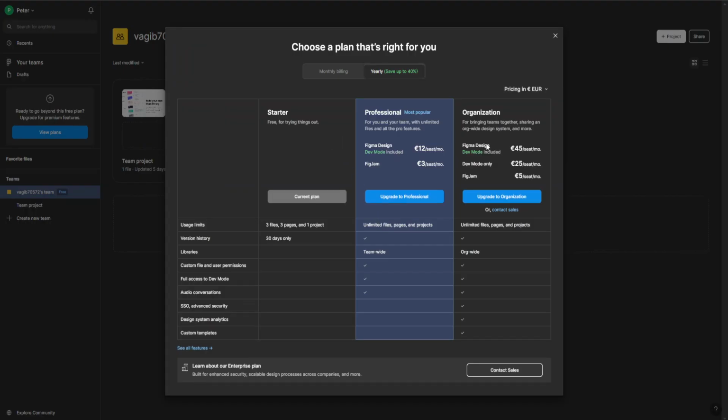And here you can see the different paid subscriptions. In this case, mine is the starter pack. It's free, as you can see, for trying things out. And here it says this is my current plan, although it's not much of a plan because I'm not paying anything in the moment because that's the free version. And as you can see, my usage limit is 3 files, 3 pages in one project, and the version history is only 30 days. So if I want to upgrade, I can go with the professional one, which is